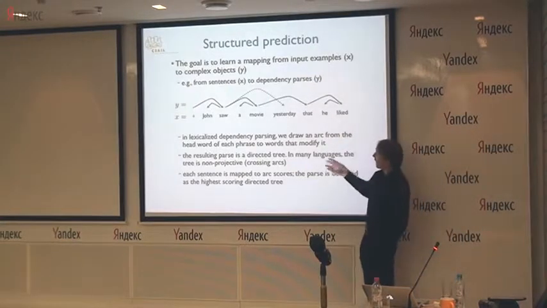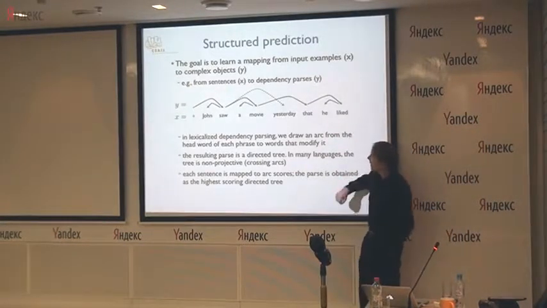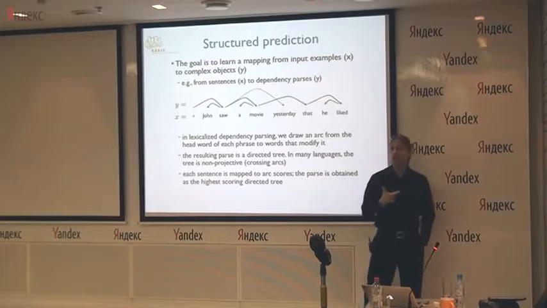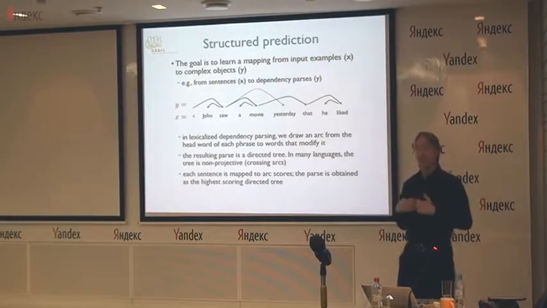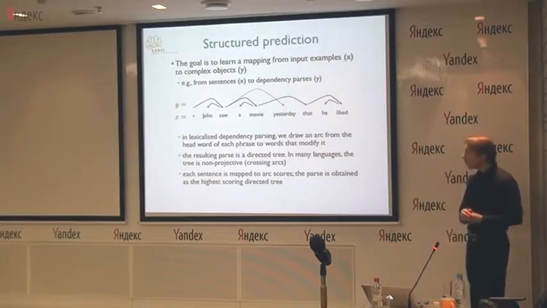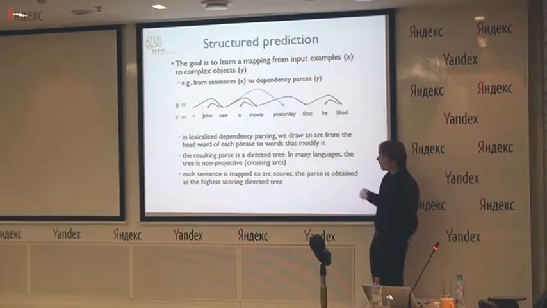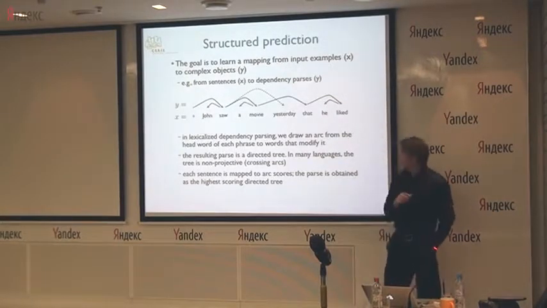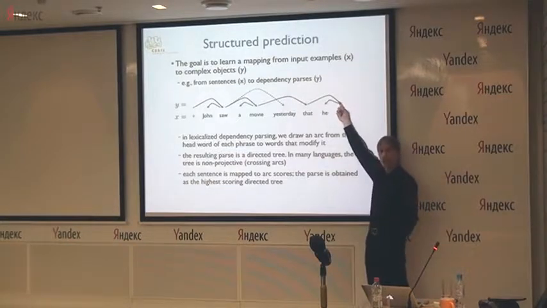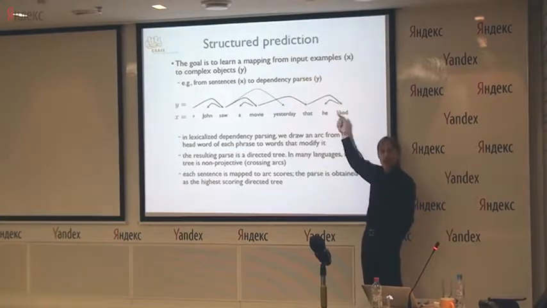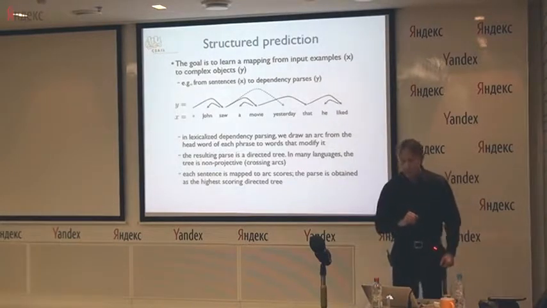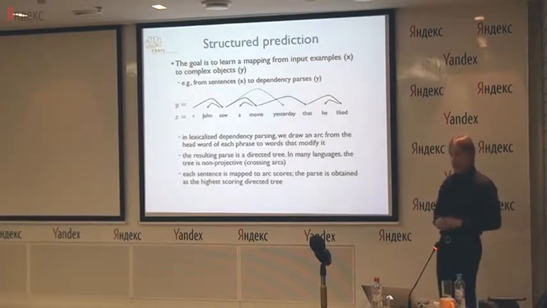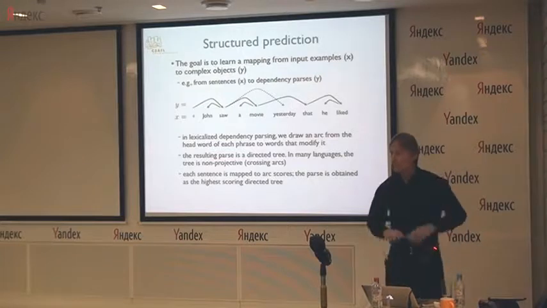In typical languages, these parse trees actually are something called non-projective, so the arcs that you draw might actually cross. And if they don't cross, the problem is combinatorially a little bit simpler. So the goal for us here is then to find a mapping from the sentence to such structures, such that we can score any alternative structure on the basis of what we are given, the sentence, and then make the prediction as the highest scoring dependency parse. Everybody with me so far?